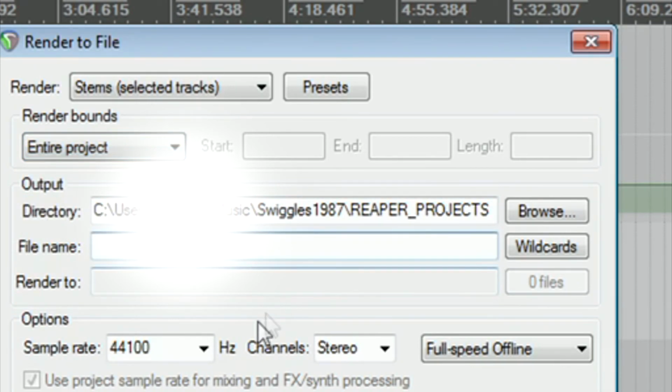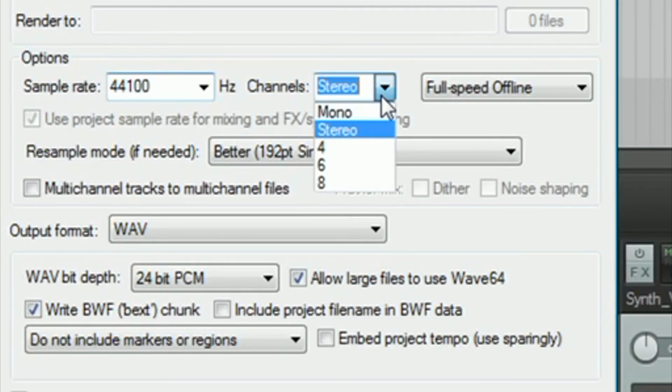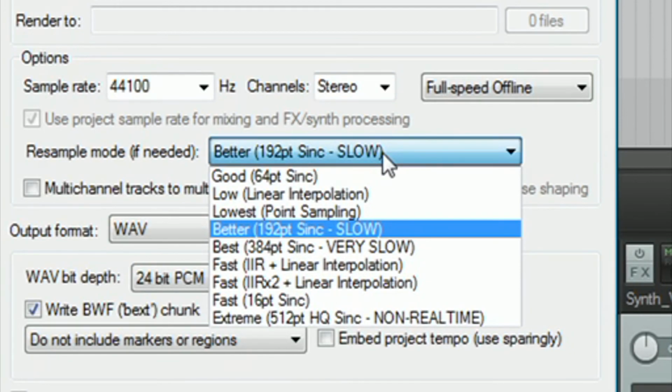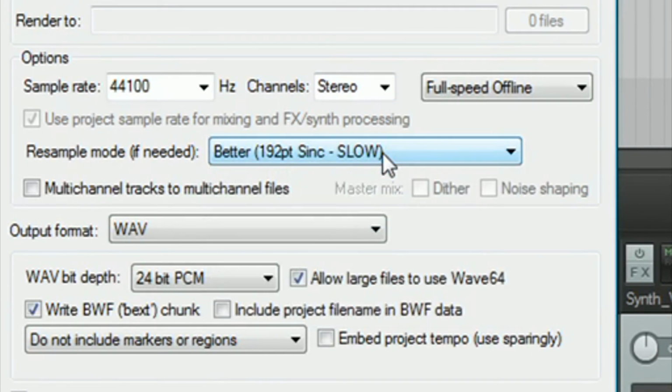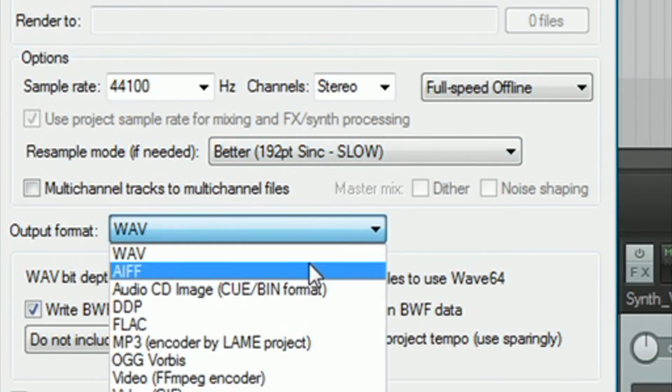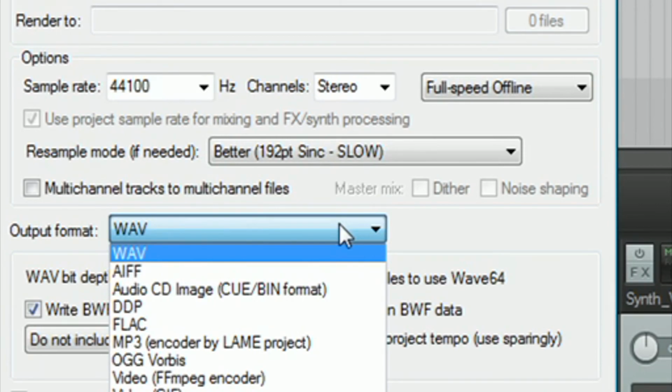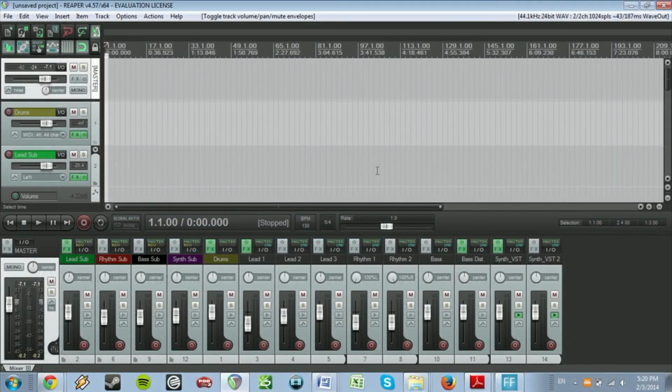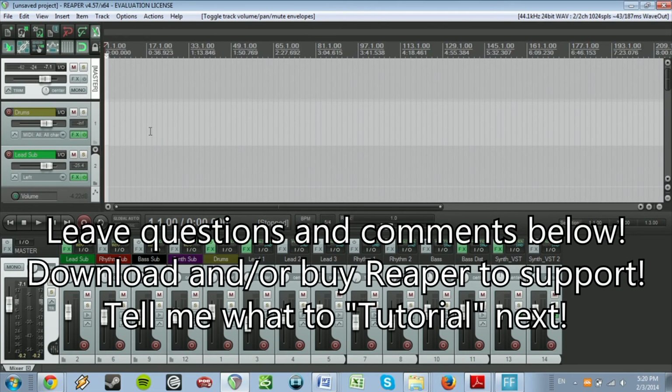You give it a name, you can give it a sample rate. We're sticking to 44.1k, stereo of course. Now the resample mode, I've always ended up sticking with this one. I know they say slow, but my computer's pretty decent. Now the output, we can do WAV, we can do AIFF, which are lossless, or we can do MP3, and hopefully that'll be it. Now you guys definitely go give my template a try and make your own out of it,